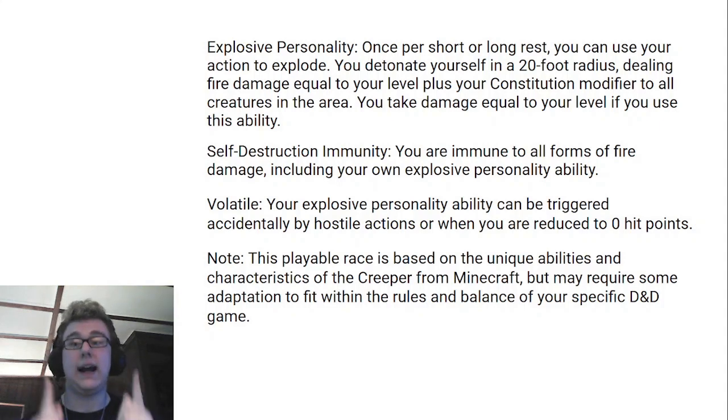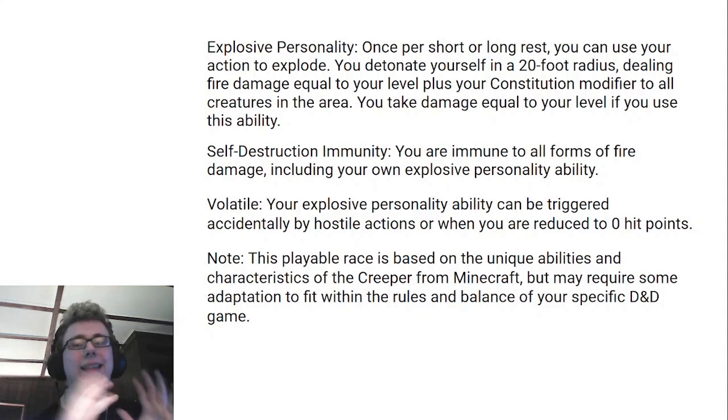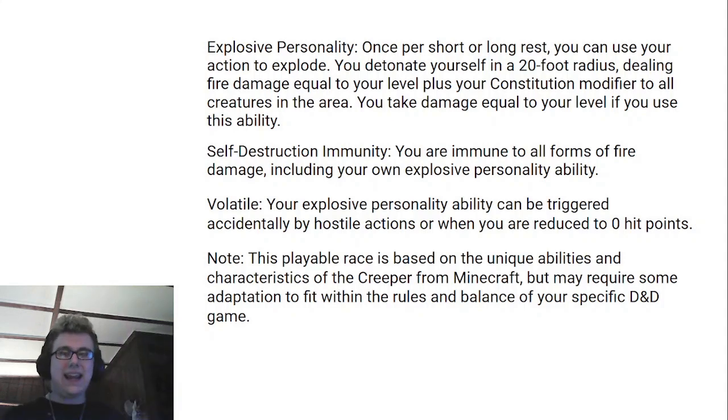I like this. I like this a lot. Except, volatile, reduced to 0 HP, great. And yes, this right here is an accurate representation of the source material. However, if a goblin walks up to you and hits you, and then you use your explosive personality ability, but it's out of your control, yes, I feel like...